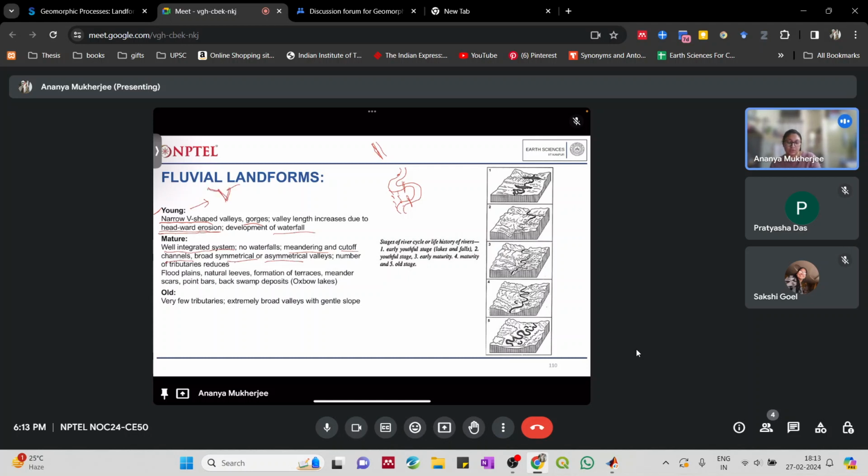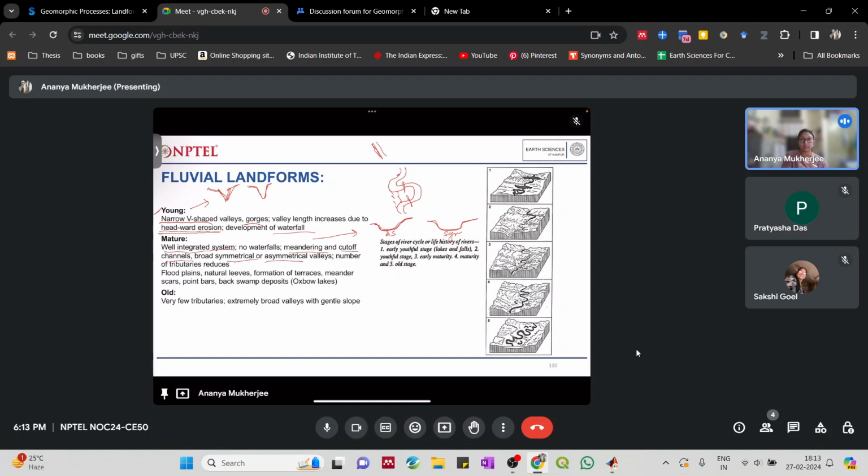Okay, so narrow V-shaped valleys, or you will have some sort of slightly U-shaped valleys at the lower parts of the areas where these river systems are actually forming the landforms. But in the mature stage, most of the valleys are usually broader at the base, and they might be either asymmetrical, like this is asymmetrical, or you can have symmetrical broad valleys that are formed. These are symmetrical,